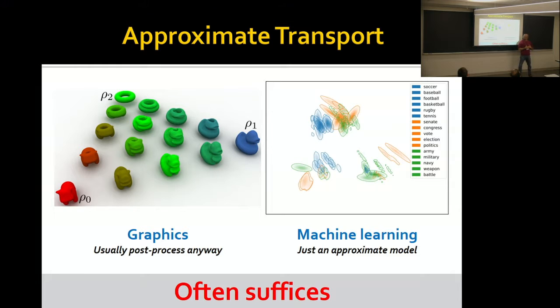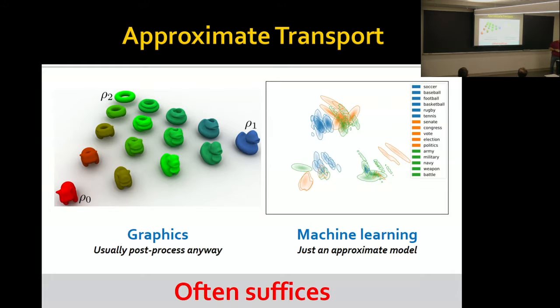And there are many different reasons why you might want to do that. So for instance, in computer graphics, if we're coming up with ways to interpolate between different 3D models, clearly optimal transport may be useful for that, but there's no reason why we have to use precisely that model. In machine learning, we often have just empirical and noisy access to our data. So spending a huge amount of computational time to evaluate these distances is probably not the number one source of error that we have in a pipeline in that regime.